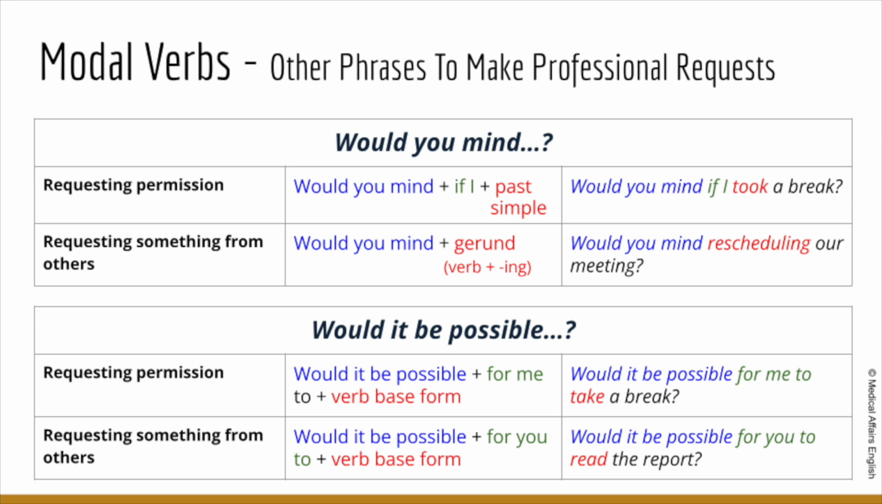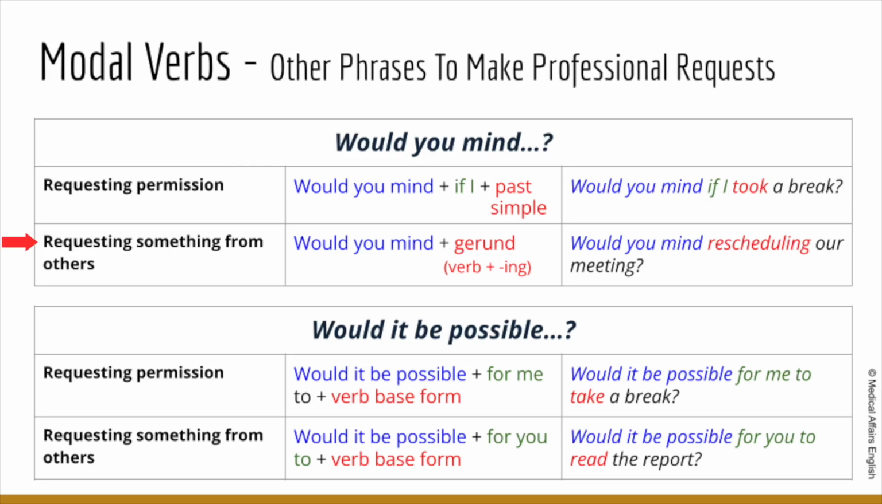I want to conclude this lesson with some common phrases with modal verbs that you can use to sound even more natural when making requests at work. First up, we have the phrase, "Would you mind?" When requesting permission, we use the structure, "Would you mind" plus "if I" plus the past simple, like we have here in this example, "Would you mind if I took